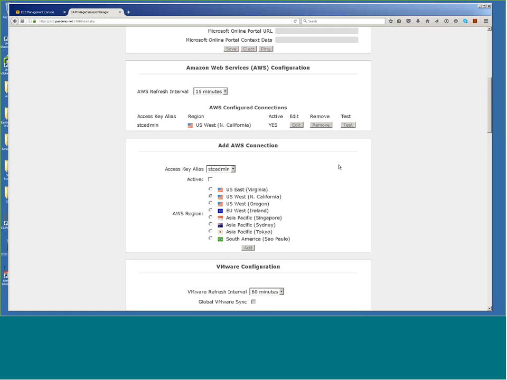So here's another case where end user, say you're an international company, you've got your US West here in North Carolina AWS EC2 environment that you're using, but you also have some in Ireland. You could simply add those, the EC2 instance for Ireland here. Your end users would not have two different subnets to go to, if you're using different IPs for those devices, so they wouldn't have to worry about using maybe one VPN to get to the devices in Europe and one VPN for the devices in the US or in this US West region. PAM's going to do all that.